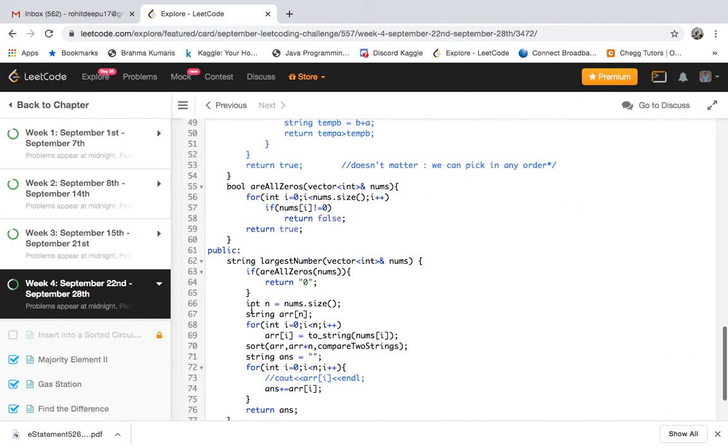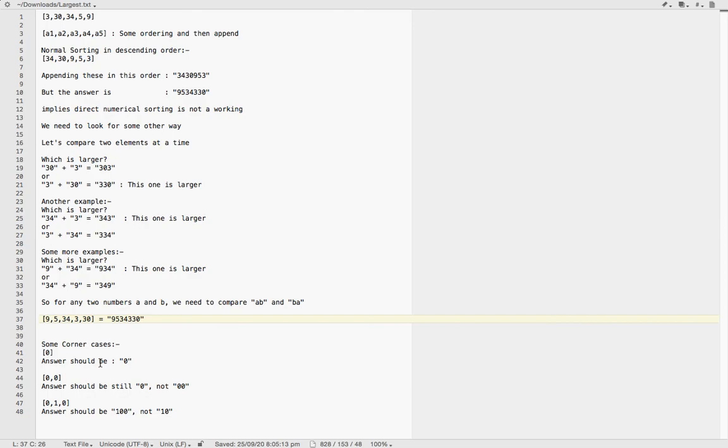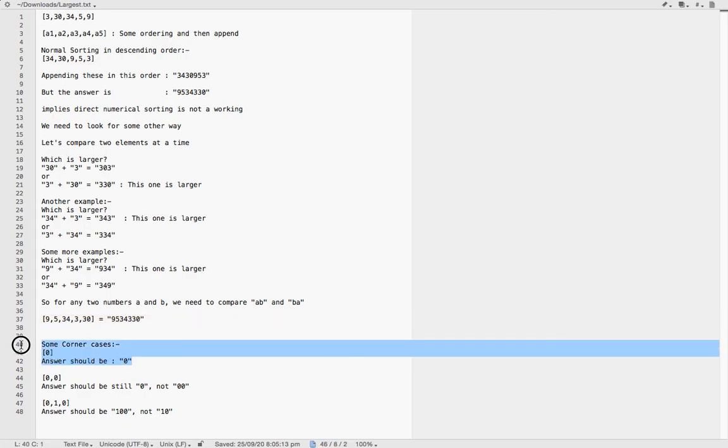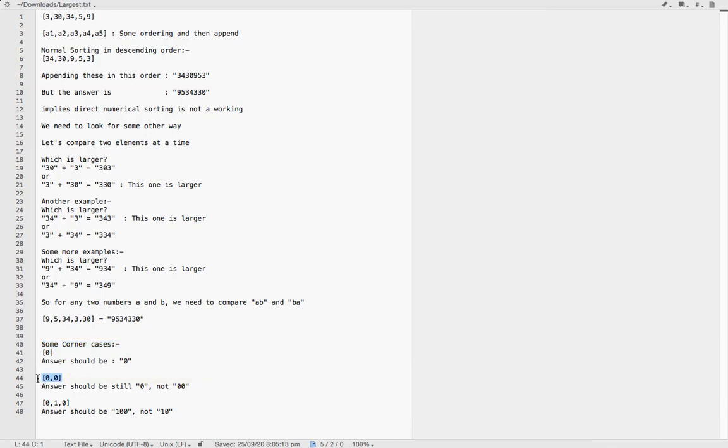Yeah, so let us see its code. There are some corner cases. If we are given an array of only one element in which the element itself is 0, we need to return 0. If we are given two elements, if we append them we will get 00, but if we look at it as a number, we should ignore the leading 0, so we should return 0 in this case.